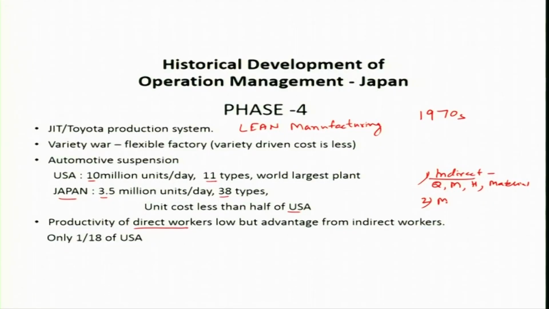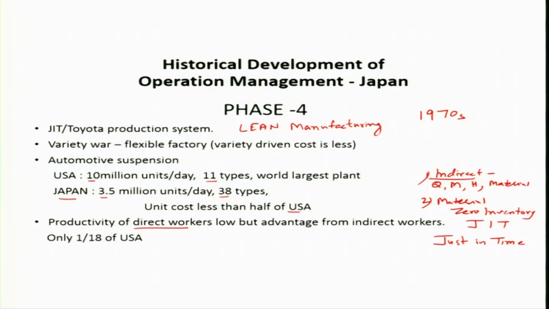The second important thing which they did is with respect to materials: zero inventory. When I say zero inventory, it means tending towards zero inventory. Even today it is not possible to work with zero inventory, and that gave birth to the concept of JIT, that is just in time, or lean manufacturing. That means you purchase the material only when it is required, you convert it into components and parts only when required for assembly, and you do the assembly only when it is required by the consumer. So, that is the concept of this.